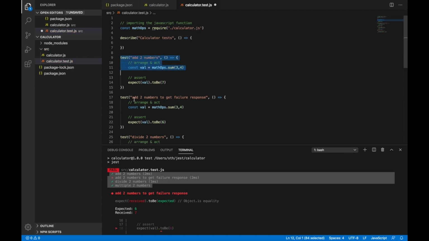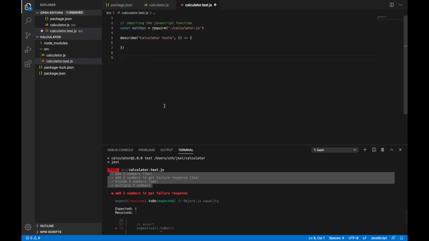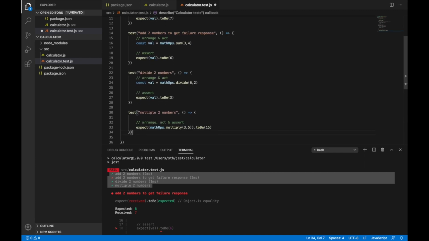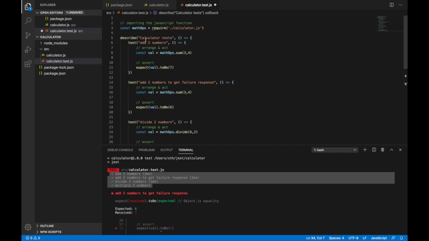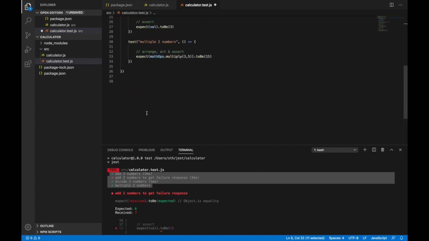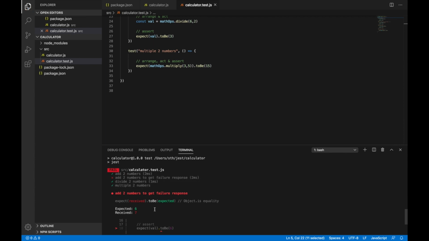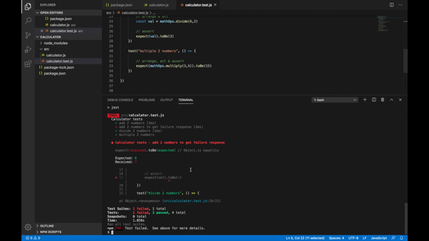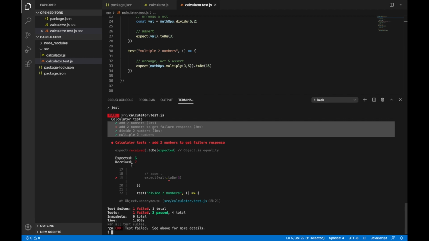So I'll copy this over into this describe block. This describe is nothing but a test suite, or the file name for which you are writing the tests, and these all are the individual tests. Let's try running this. It will be a little more verbose. You can see that now it's printing the name of the test suite and the individual test methods.